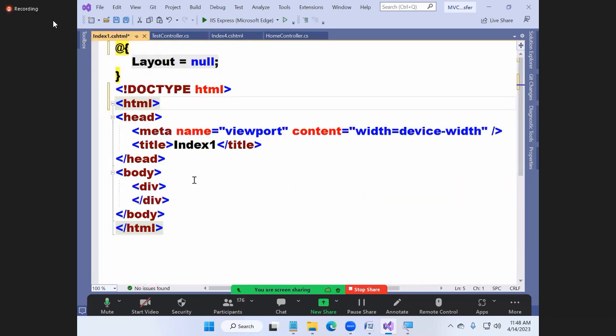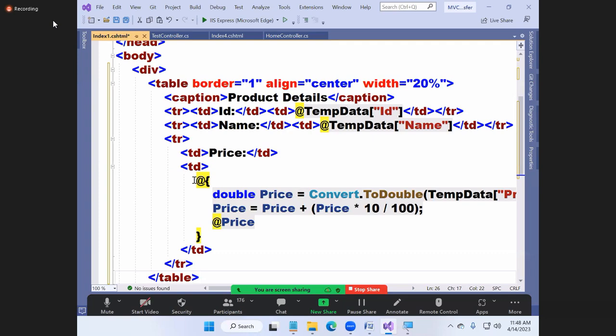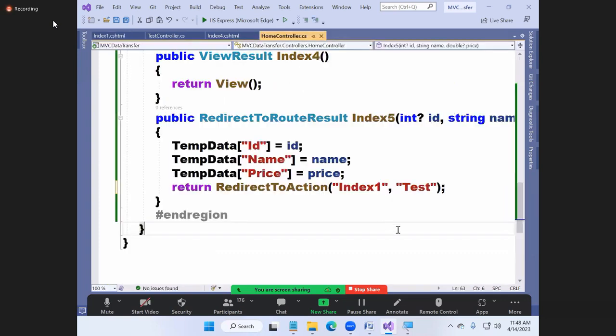Copy paste. What should I run? Tell me the controller name also. What should I run? HomeController Index 5. What will launch? TestController Index 1. And in the process, these values will go there also.